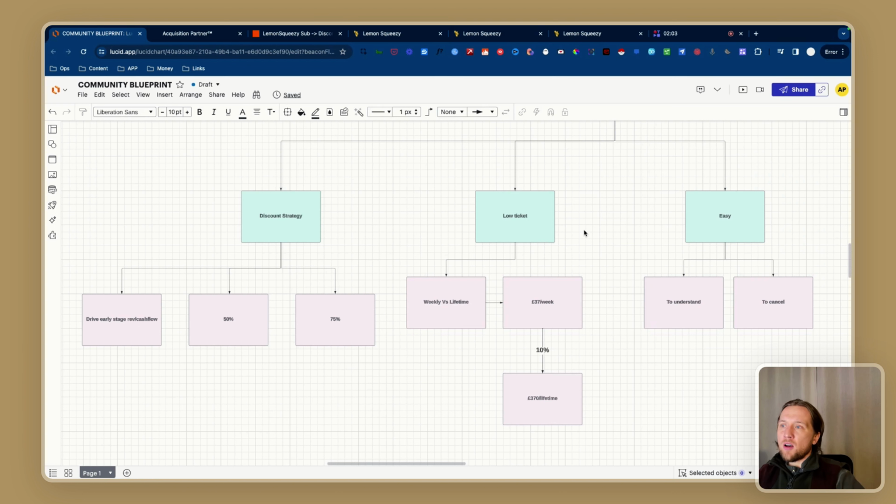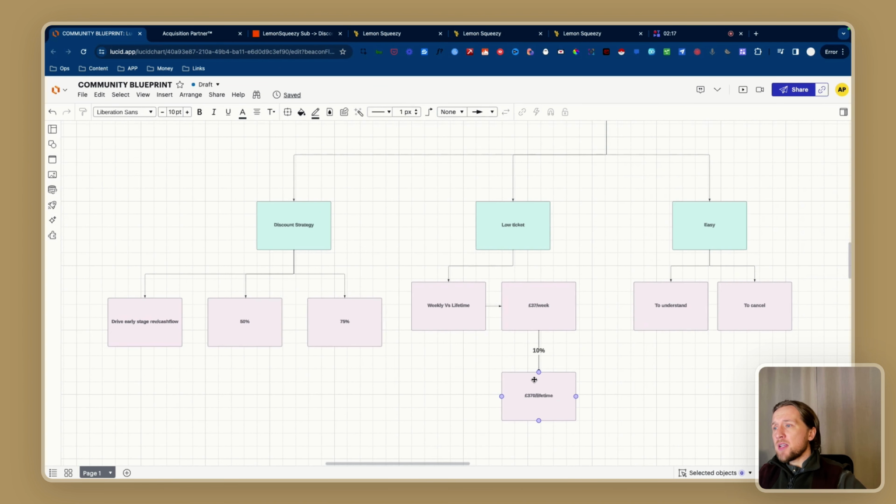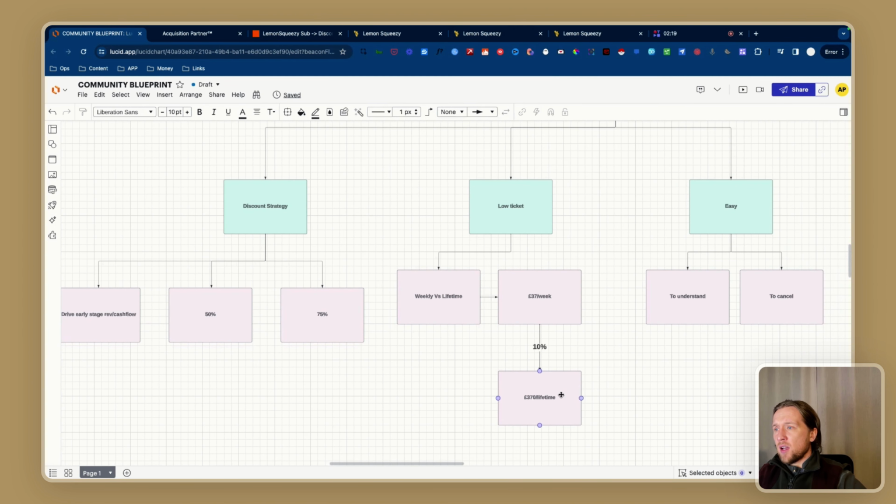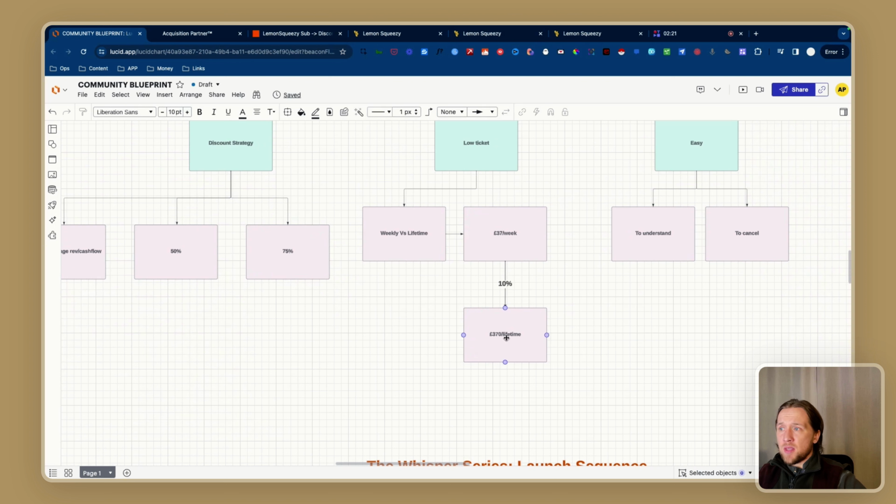Okay, so the core of our offer is £37 pound sterling per week, so it's probably $40 per week, whatever it might be. Cancel anytime. That cost there for the weekly membership represents 10% of our lifetime access offer. So the reason that we introduced a lifetime offer, and we did this from the off, was that